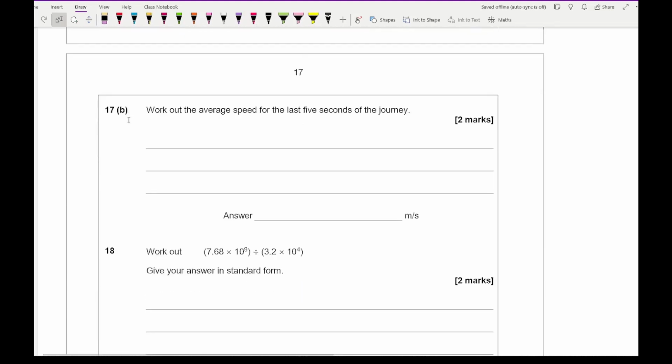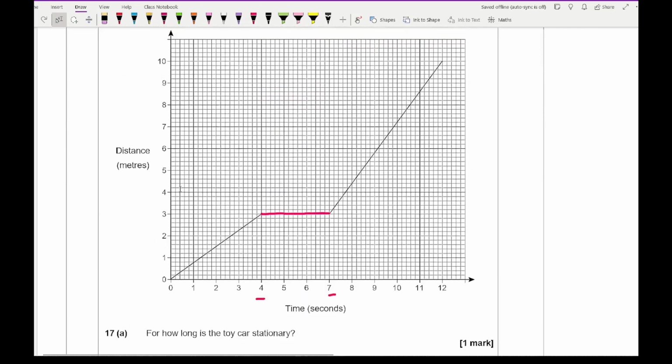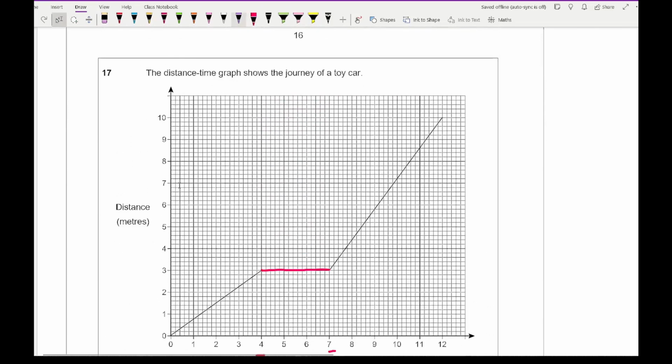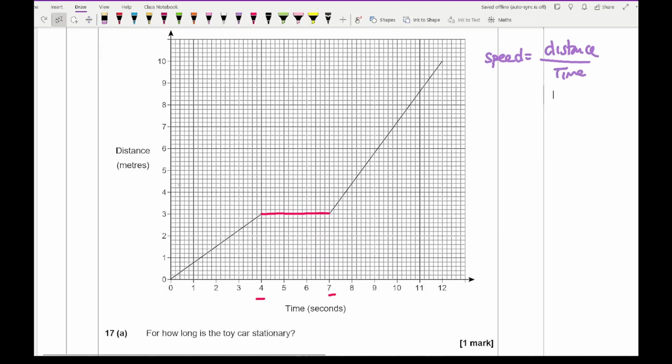The next question then says work out the average speed of the last 5 seconds of the journey. So if I go back to the graph, speed equals distance divided by time. So let me just label this as B. So then what I need to do is work out how far the car has travelled between 7 and 12 seconds. Well, if I turn that into a triangle,